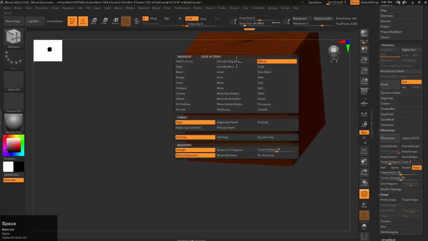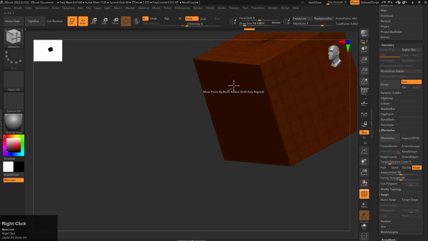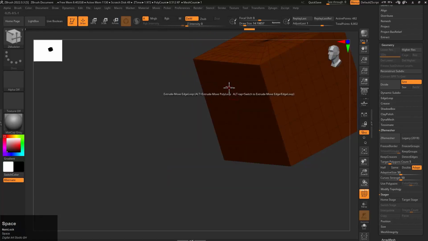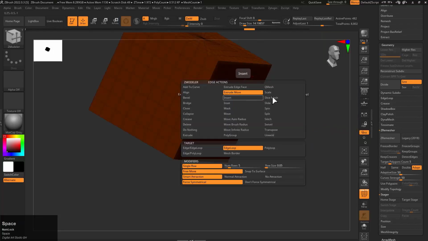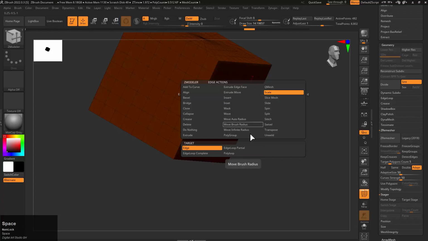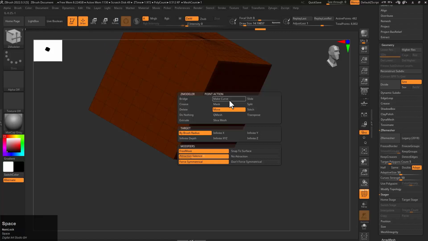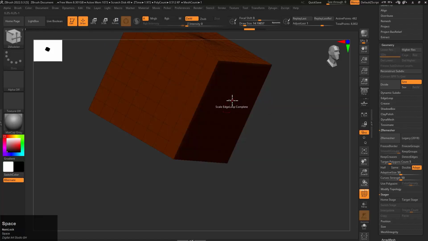Next is edge align. It's self-explanatory, you can align with it. Extrude move. Why doesn't it work? It was working before. Anyway, we'll try to do scale. In scale, you can do partial scale. It will go like this. And if you go complete edge loop,